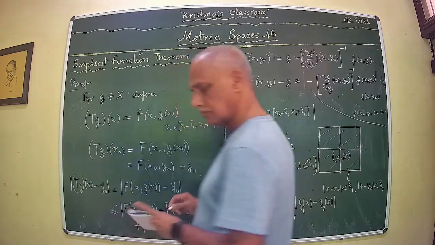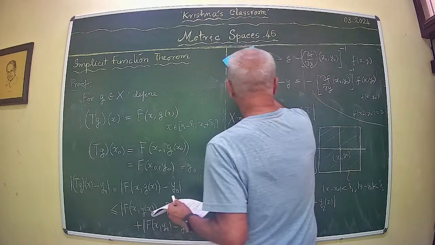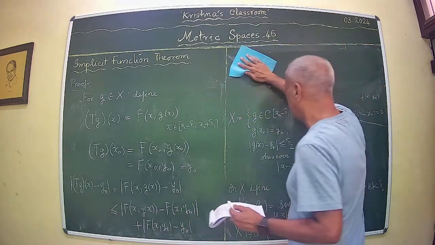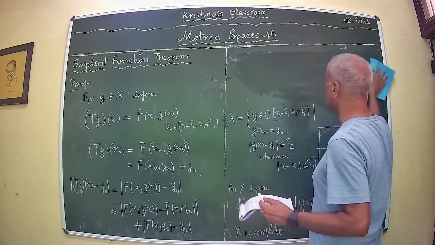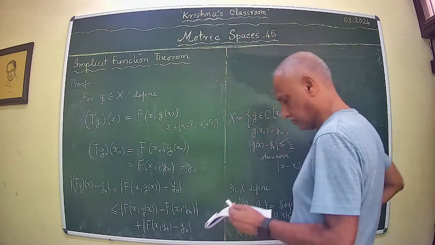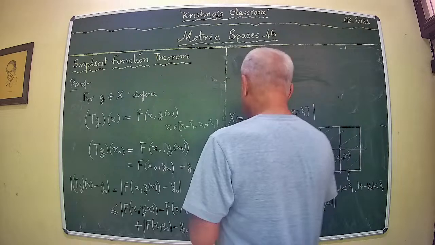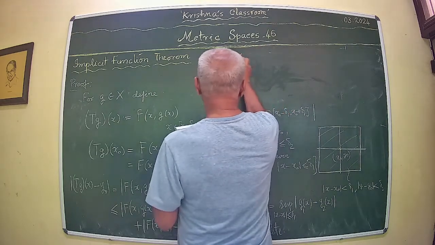Right. So that's it. Okay. What more? Is x here as at the moment? Then you can estimate this. You can estimate this, and this is less than or equal to